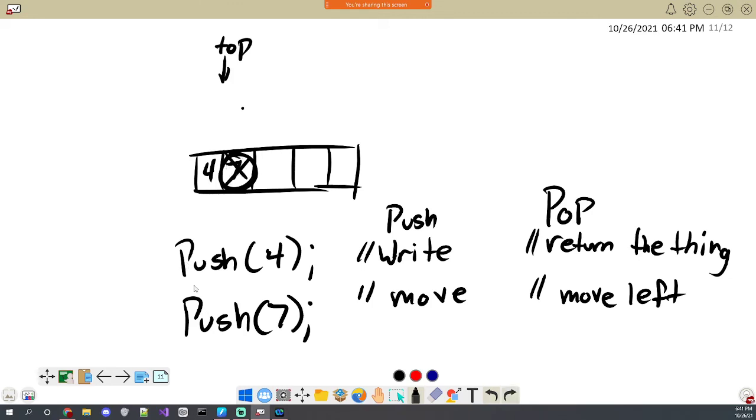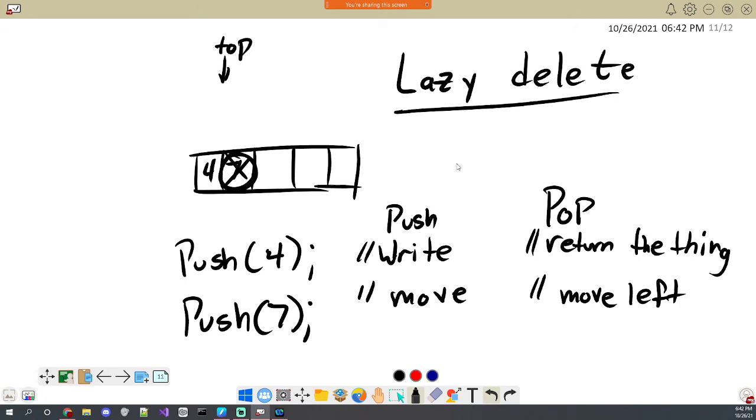When you ignore something and consider it to be deleted as far as the functionality of your program goes, even though it's still there, that's called a lazy delete, in which you don't actually do any sort of deallocation. You just leave the stuff there and then move. And this is nice because it's faster. You don't have to take the time to actually do the deallocation, go to the operating system and tell it that the memory is no longer needed, which we don't really want to do here anyways. So this general strategy is called a lazy delete. And you'll see it's used for a lot of data structures in general.